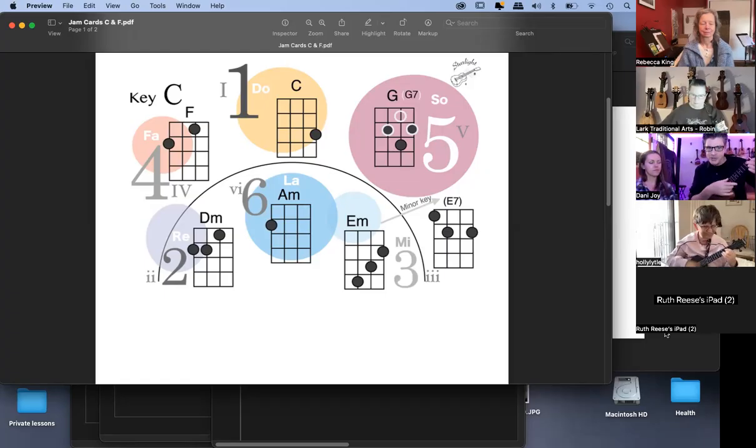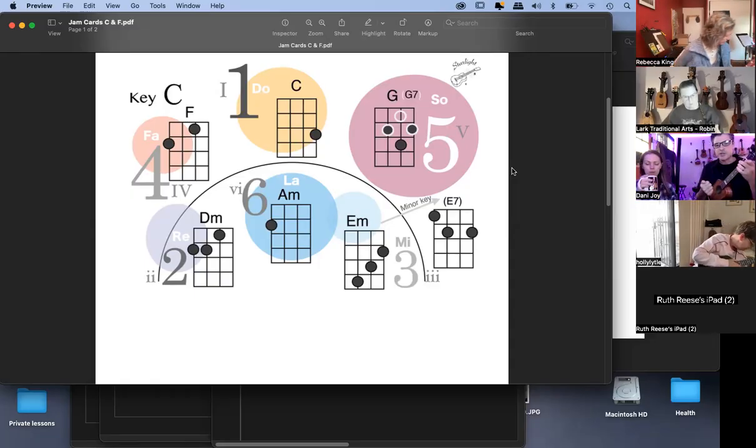So the D minor is the 2, the G7 is the 5, and then we can play C. And if we look at our jam card, there's a diagram for C. All right. So that's probably one of the most popular progressions in the world, the 2-5-1. And it's actually discussed as the 2-5-1, which is probably the next way that you can use the jam card, and the next way that it's valuable to know your Nashville numbers, is because you can discuss the type of progressions you're dealing with